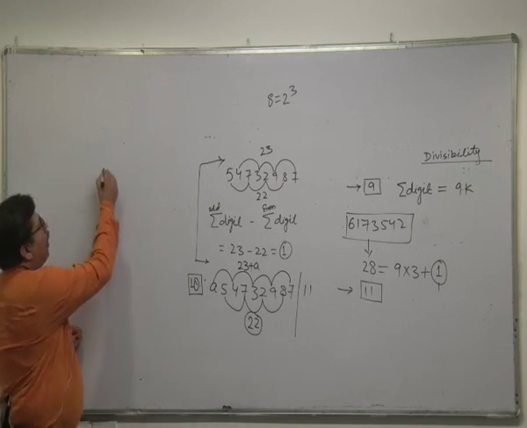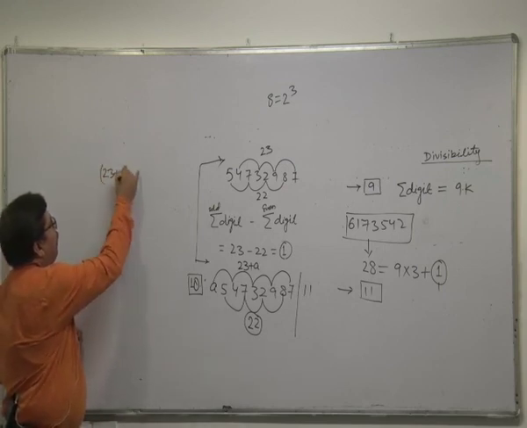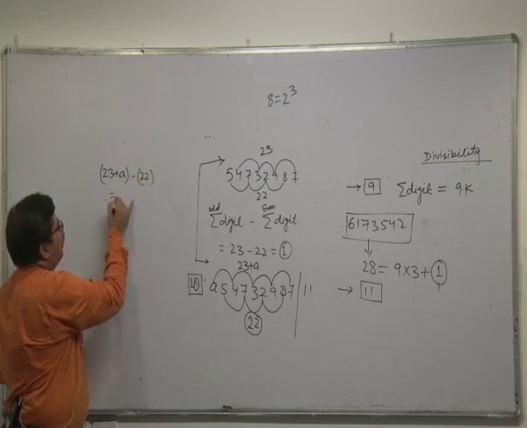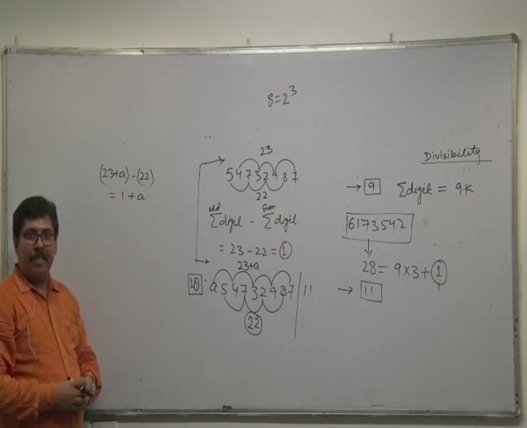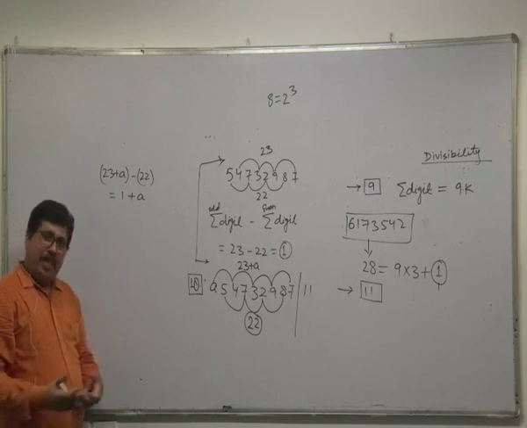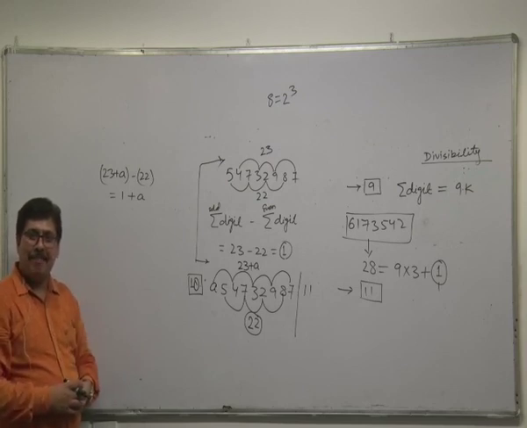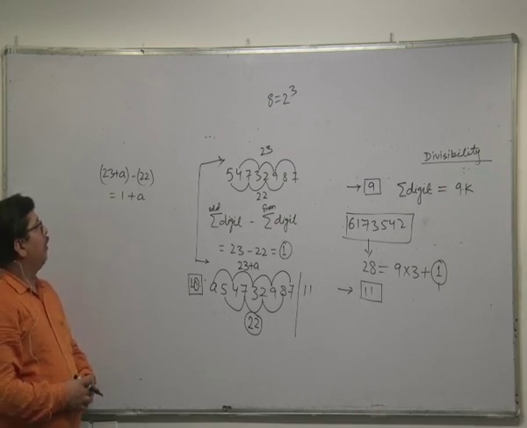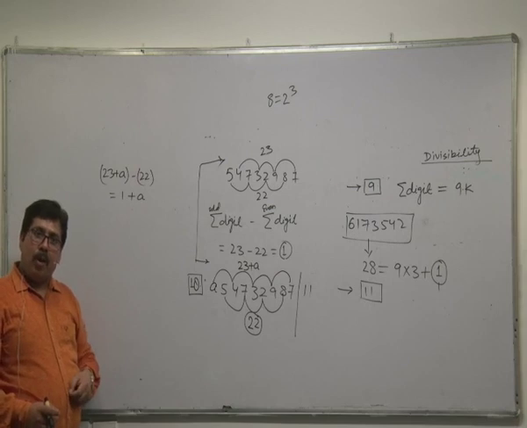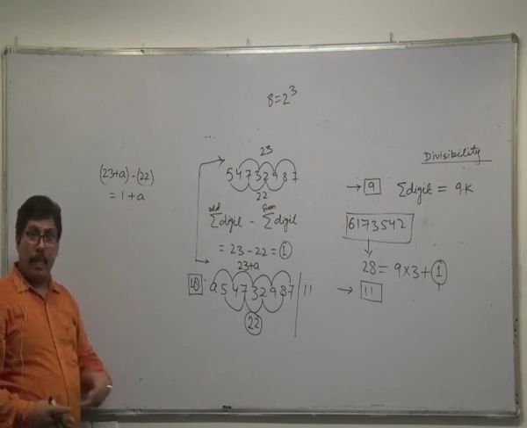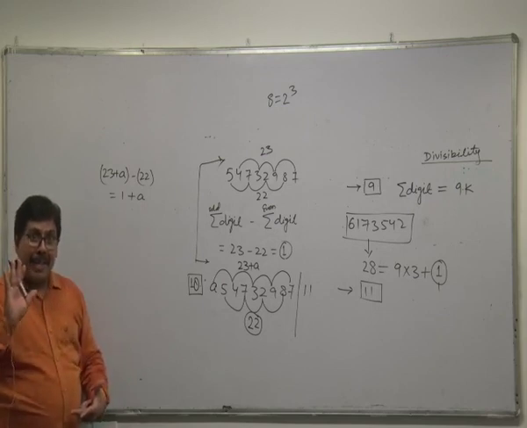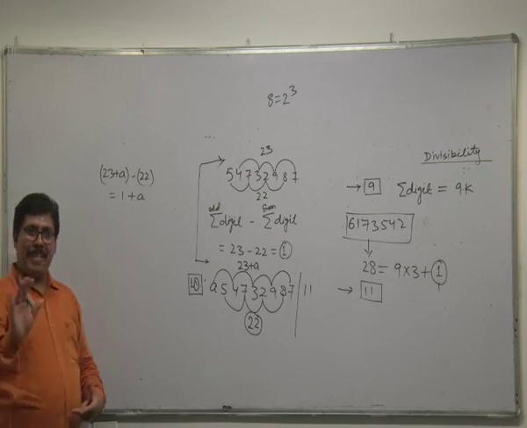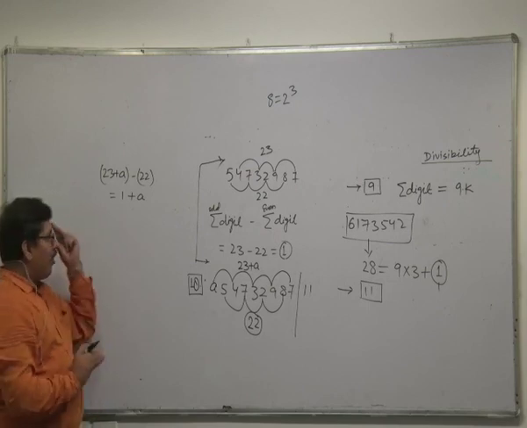Can I say 23 plus A minus 22 is 1 plus A? 1 plus A. What is the range of 1 plus A? Is it feasible to place a digit at A so that 1 plus A is a multiple of 11? Well, yes, it is feasible if I place 10, but remember 10 is not a digit. So you can't place 10. So what is the range of 1 plus A?